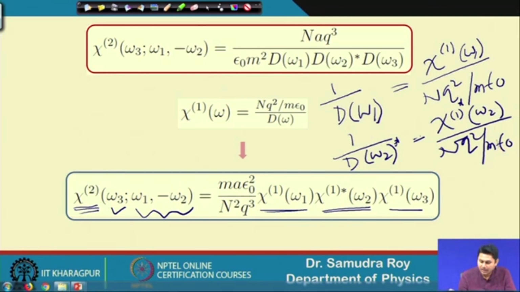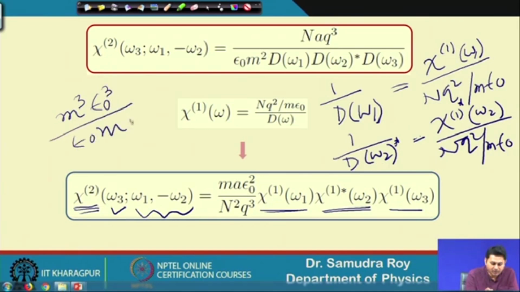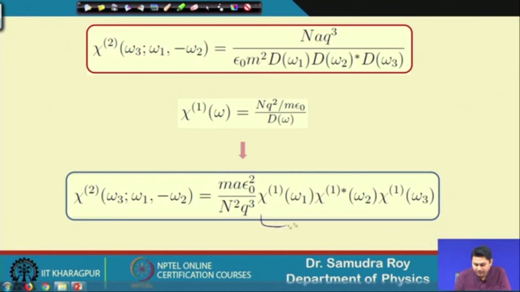Also, m epsilon 0 and m epsilon 0 term will be there. So, we will have m square, we will have in the numerator one term m cube epsilon 0 cube, but from here we can see in the numerator we have another epsilon 0 m square term. So, eventually we have the epsilon square and m term in the numerator, which is here and here. A is already there. So, this is the term which we can calculate very easily, and the rest of the term is simply